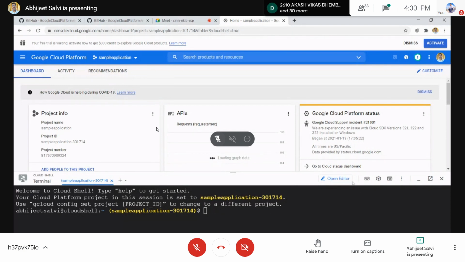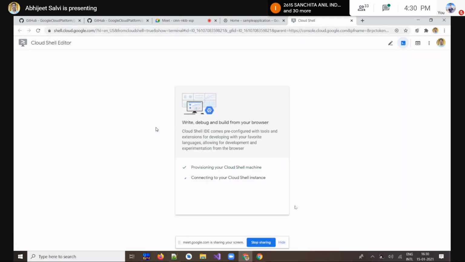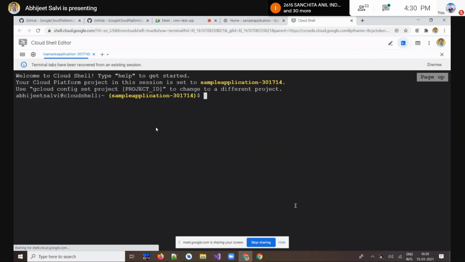So let me open in a new window. There is an option for that, rather than writing here, which will be difficult. So we'll open it in a new window to get a complete window here. We'll get our console window in a new tab. That's it.